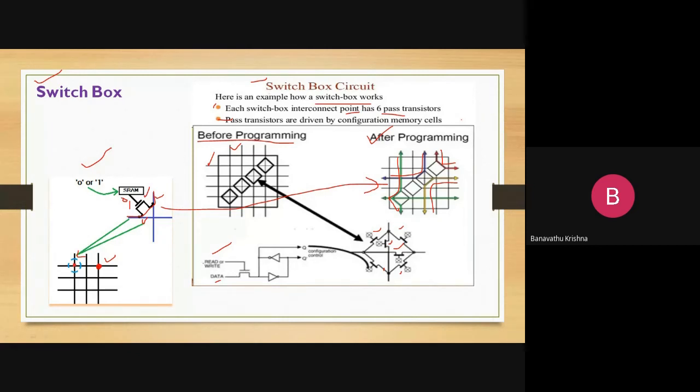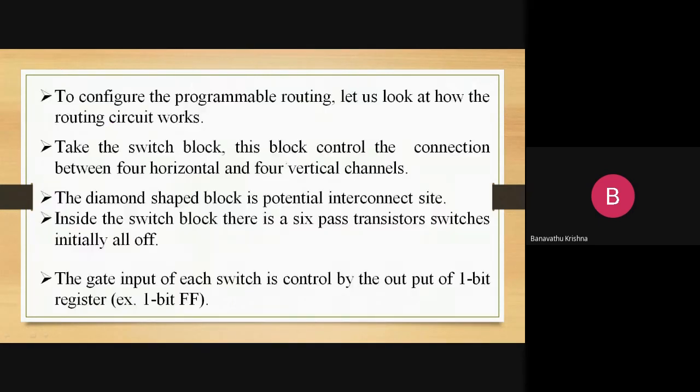So read and write. Suppose I want to read the data from the particular chip, then we are going to give the read signal here. Suppose I want to write the data, then we are going to select the write signal, right? So based on this concept, it is going to make the programmable connection through a switch box. So this is a way of making the connection between the horizontal and vertical representation of CLBs in programming methods by using a switch box, right?